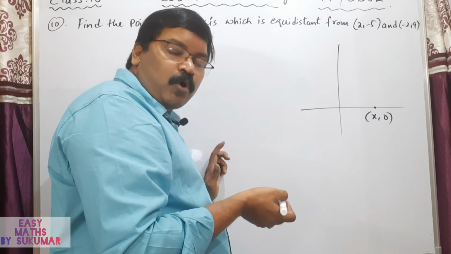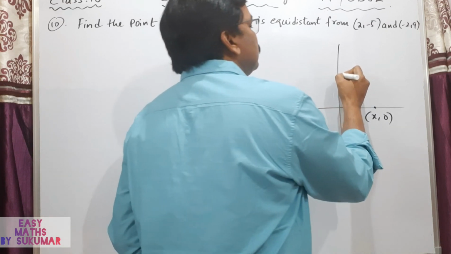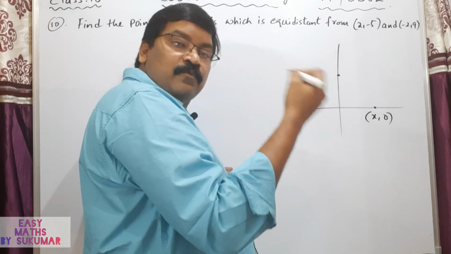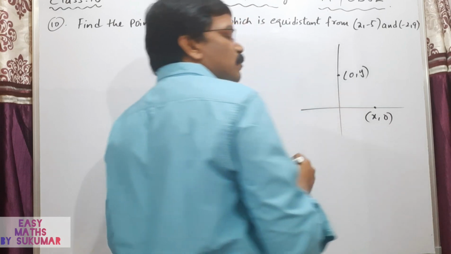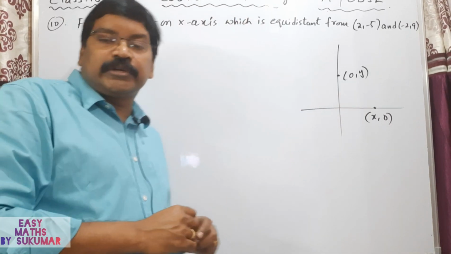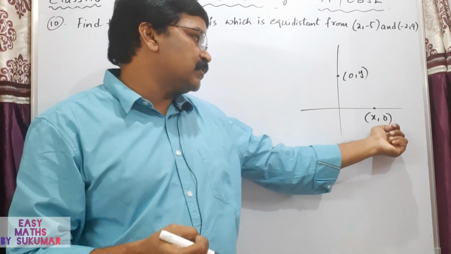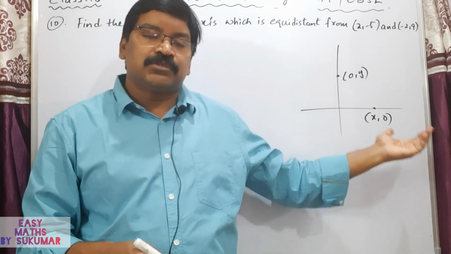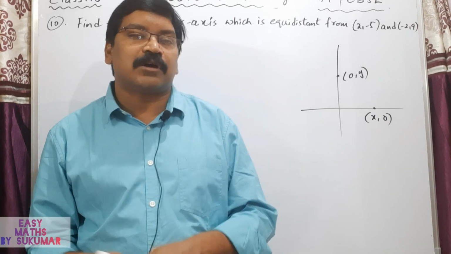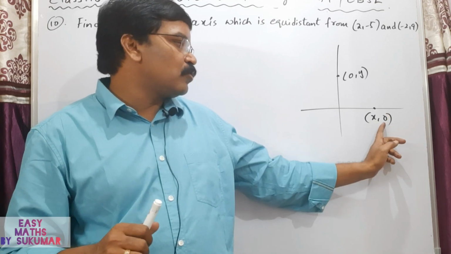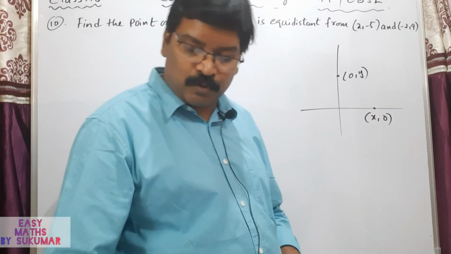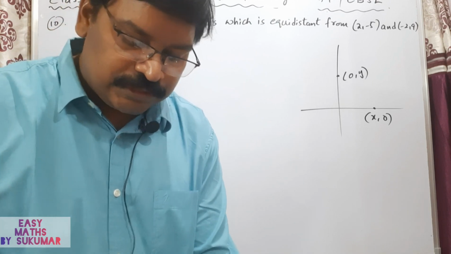Suppose to find the point on y-axis, that x coordinate is 0. That means let it be (0, y). Okay. So to take the point on x-axis means take the y coordinate as 0. So for example, let it be (x, 0). Point on x-axis, y coordinate is 0. Okay. So now my dear students, here